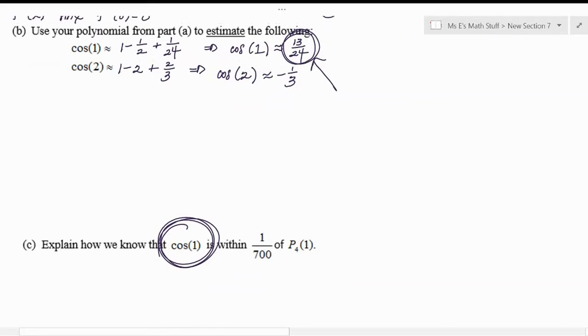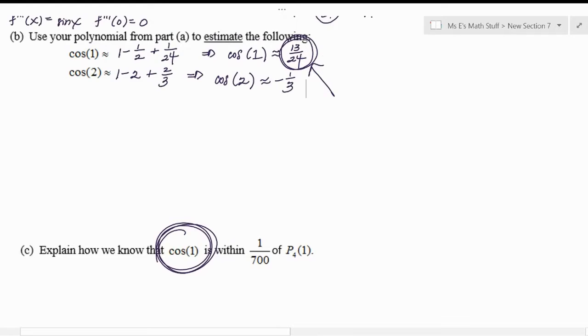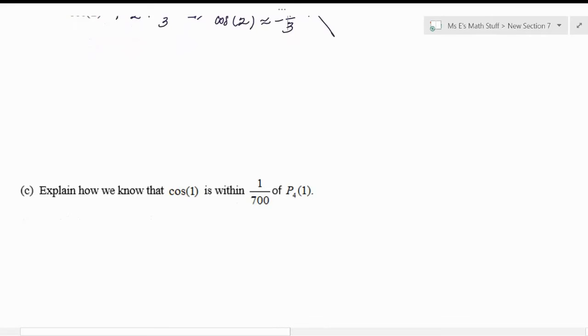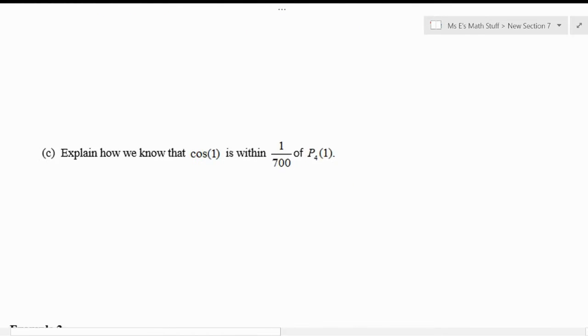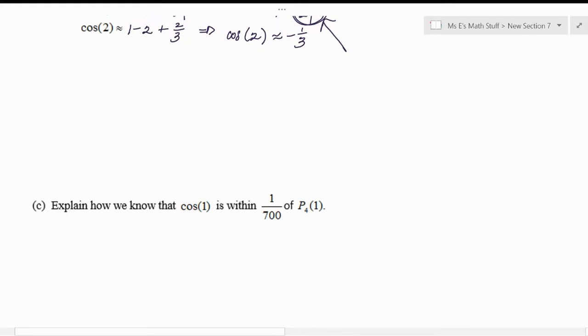All right, my friends, if you weren't sure what to do with part C here, do not even worry about it. This is a really common type of question that they'll throw in as part of FRQs on your AP exam, and really it's just a matter of practicing it a couple times to make sure you're good. So for part C, let's look at what we got for the fourth degree